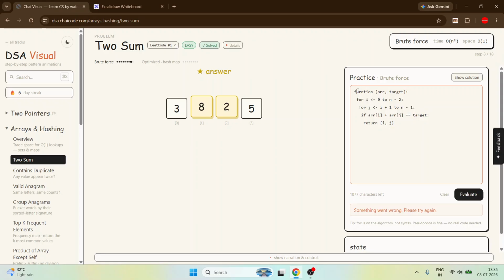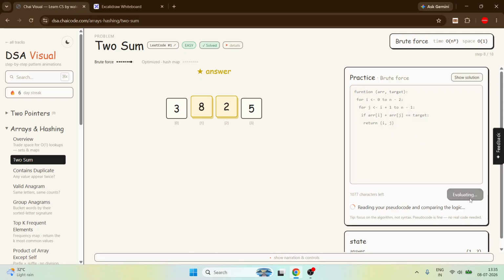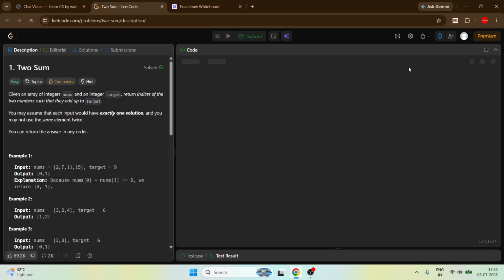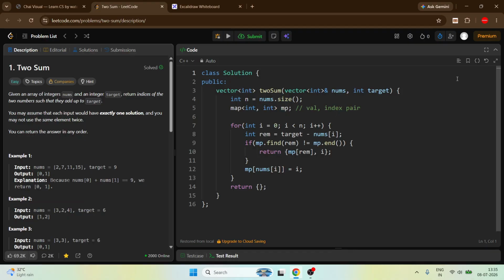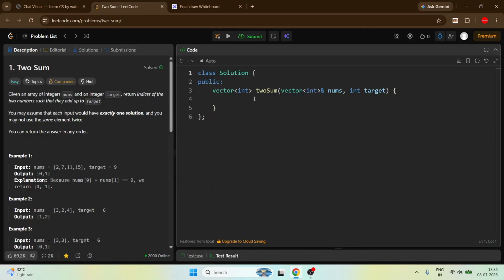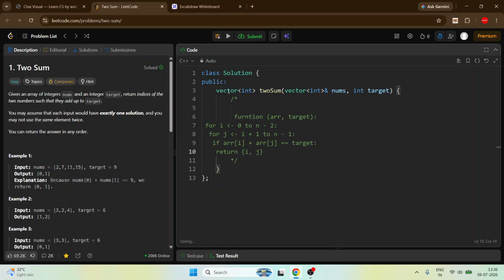This is the brute force approach. Let's evaluate it again and go to the question to solve it. Okay, just remove it, just solve the Two Sum problem, and you can clear.